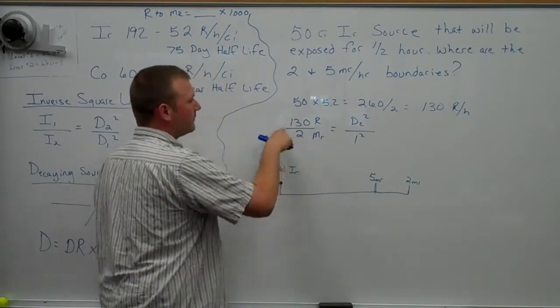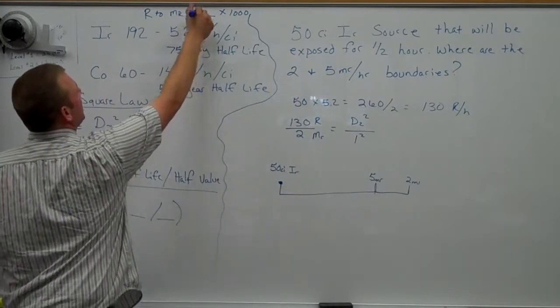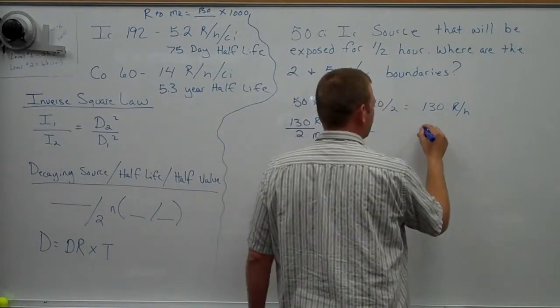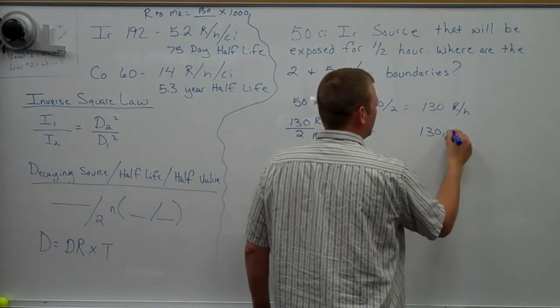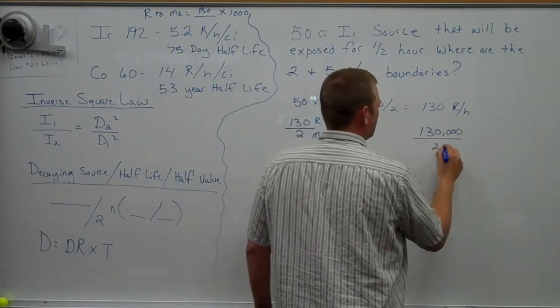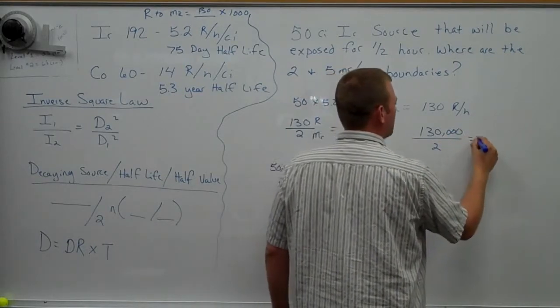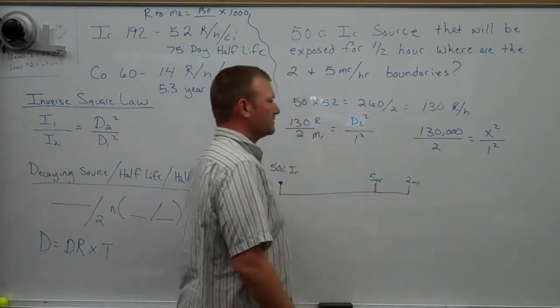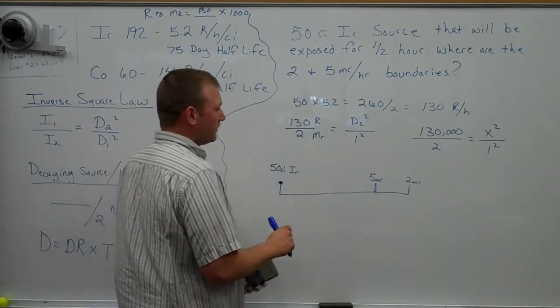So in order to get 130 Rankins to millirankins, we just take that times 1,000. So the new calculation is going to look like this. 130,000 over 2 millirankins equals x squared over 1 squared. So 130,000 divided by 2,